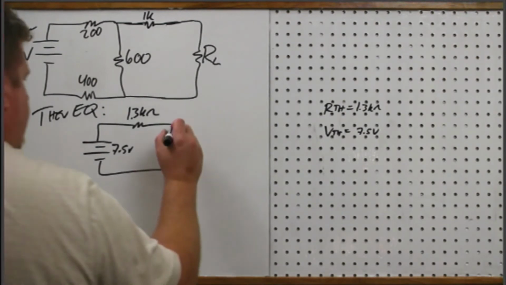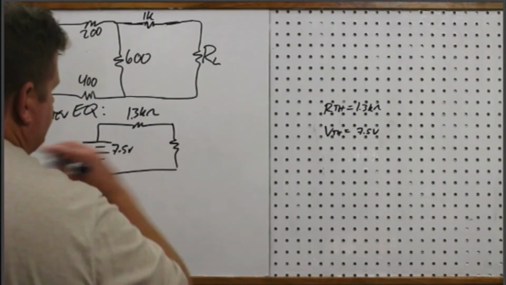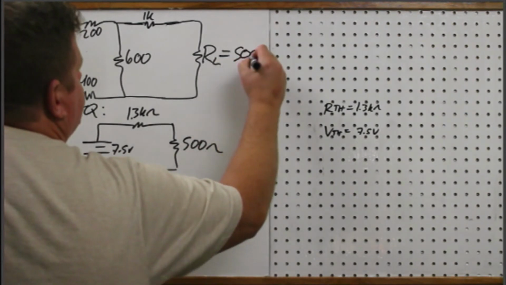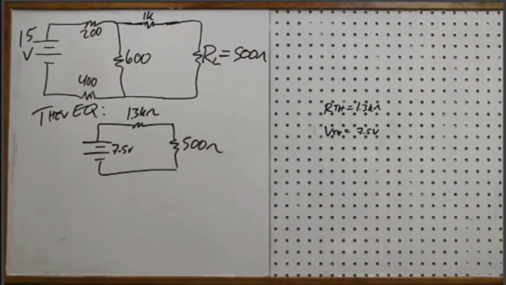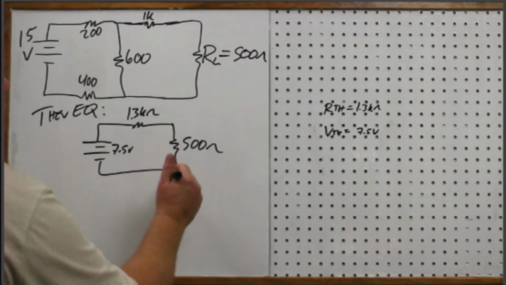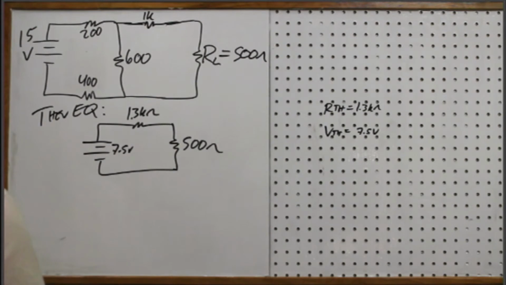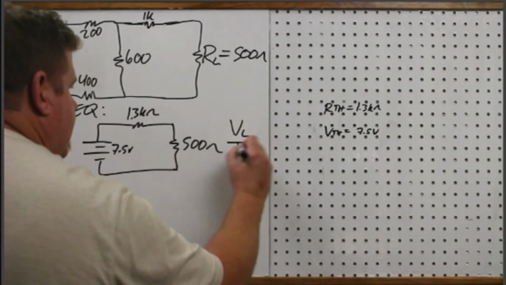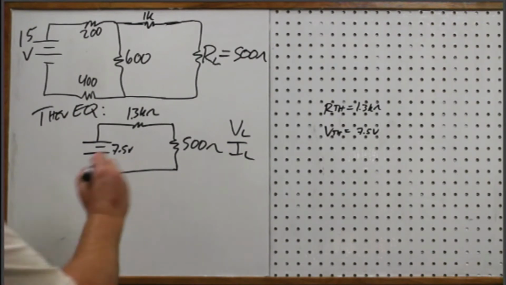Now I'm going to load it. Oh, let's say it's a 500 ohm. Let's say this is equal to 500 ohms. See, we haven't even needed this value until right now, until we finally do our final analysis here. So now I just have a 2 resistor series circuit. So I typically want to know what's the voltage of the load and what's the current through the load. So the voltage on the load,